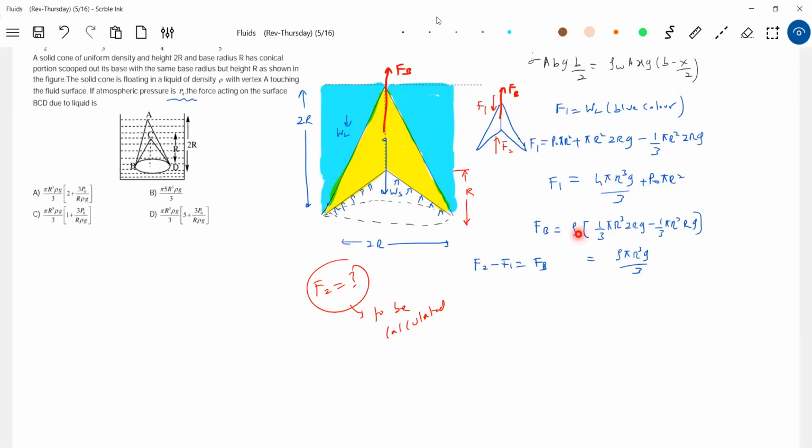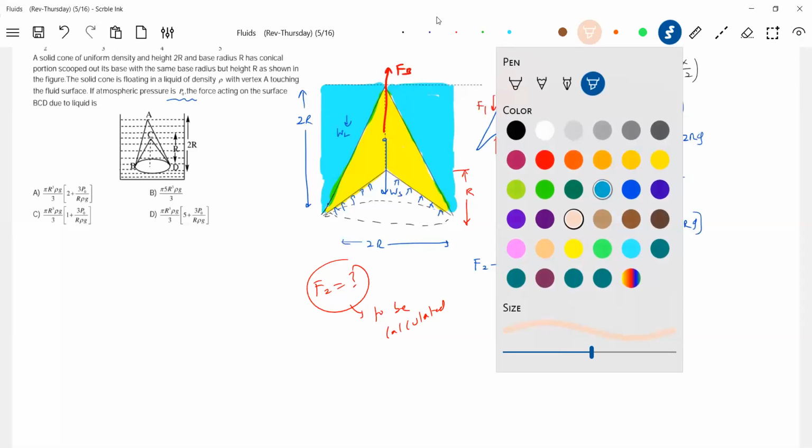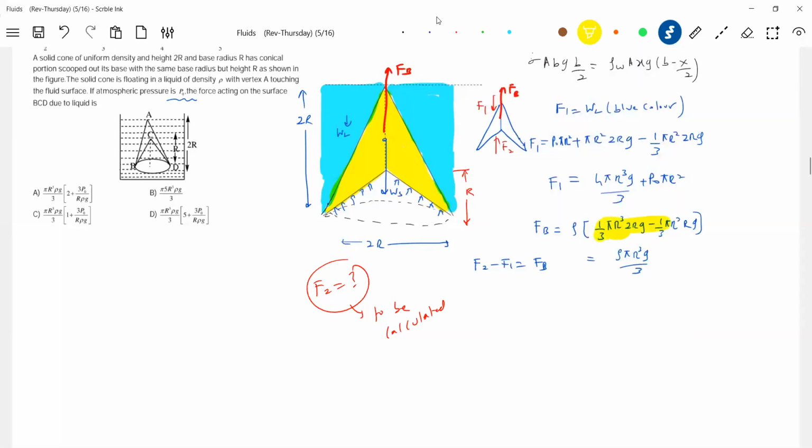Density into volume of the yellow color region. Volume, okay, this will be 1 by 3 pi r square, height 2r, into g,